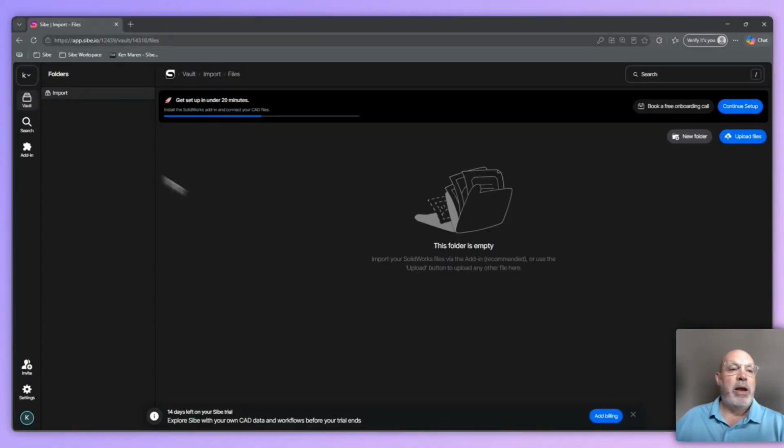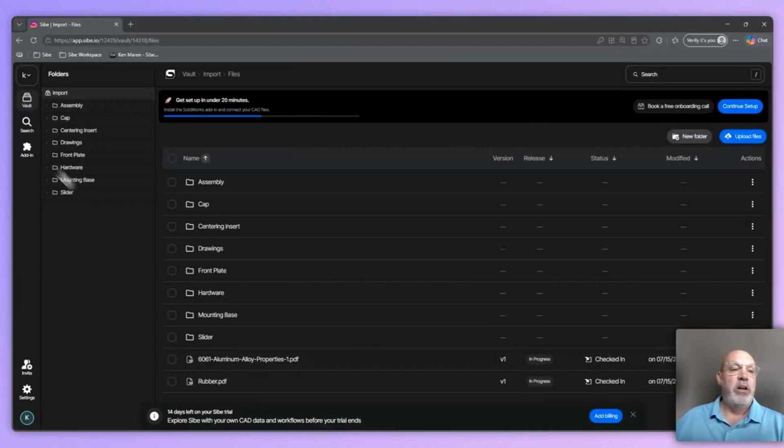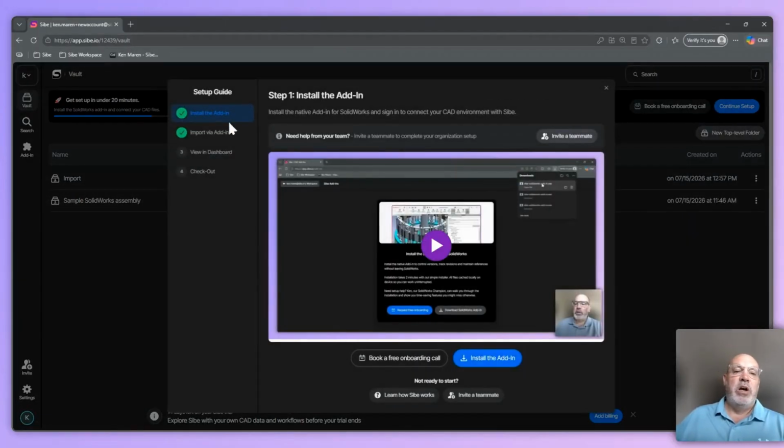So when I do come back here now and come to the vault, you see that I have my import and then all the files in the vault. So I come back here to continue setup, and I've got things imported via the add-in. Next is going to be viewing in the dashboard,